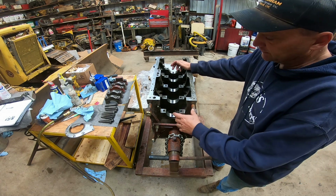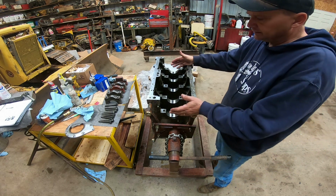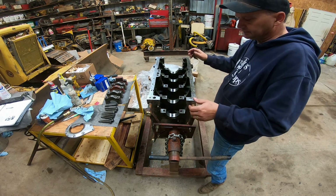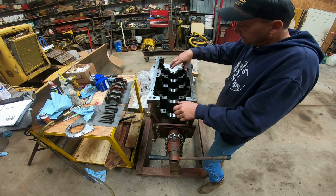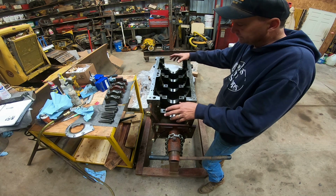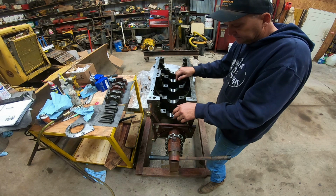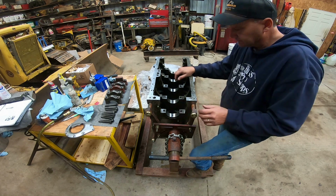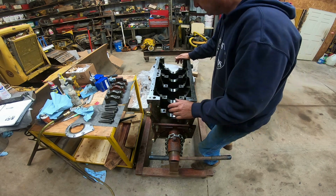So I'm gonna put the main bearings in dry first, and then we'll set the crank in. We won't want to turn it or anything. We'll just set it in nice and easy. And we'll put the main caps on, the top bearings, everything in, and torque it. Plastic gauge is what we use for measuring that. But anyway, just gonna start by